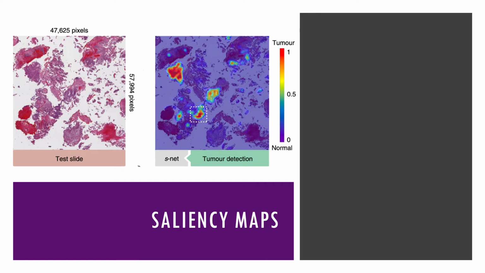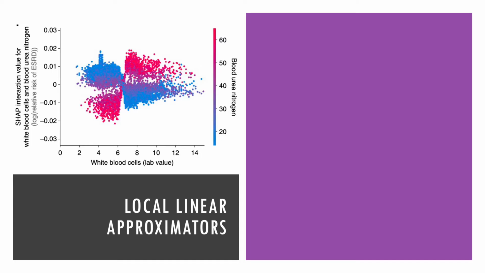So the reddish parts on the right here are going to be the more tumor inclining regions of this pathology scan on the left. This is based on a whole suite of technologies, a lot of layer-wise relevance propagation, propagating gradients. This is very much tailored specifically to convolutional neural nets because they are the most popular function class for these kinds of imaging tasks. But there are more generic alternatives.